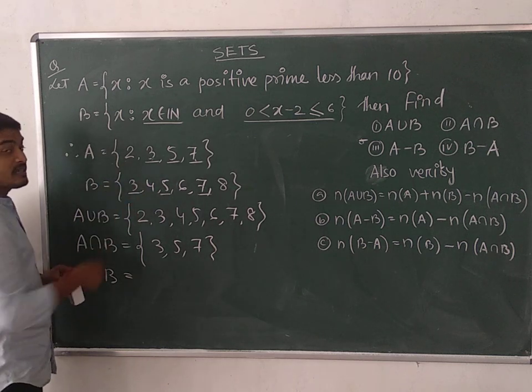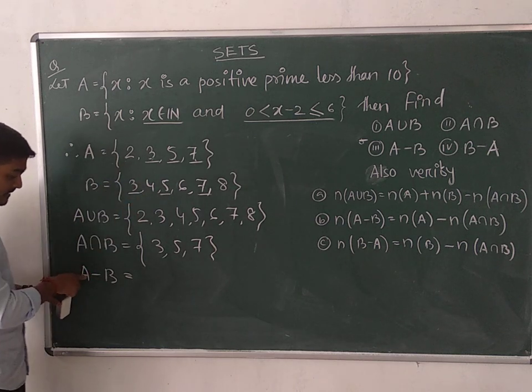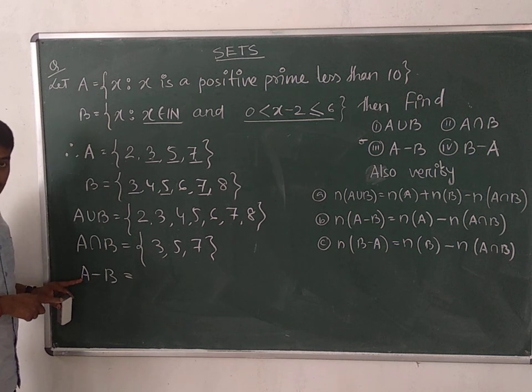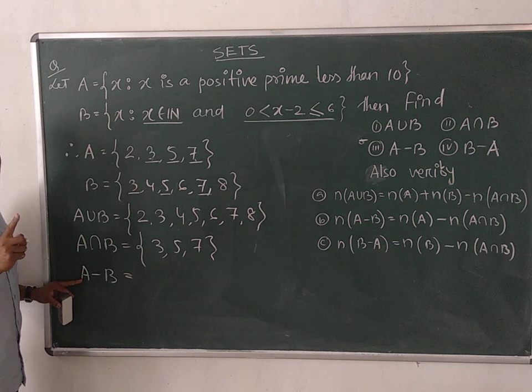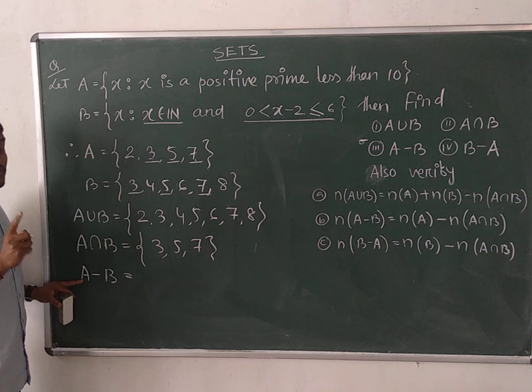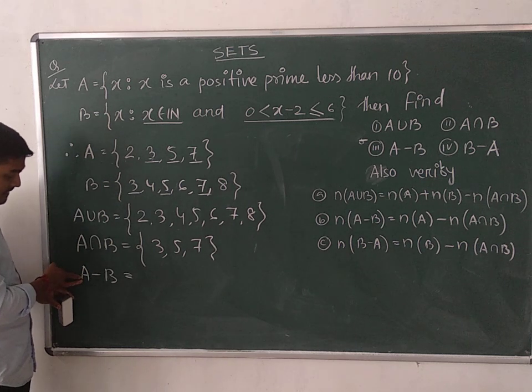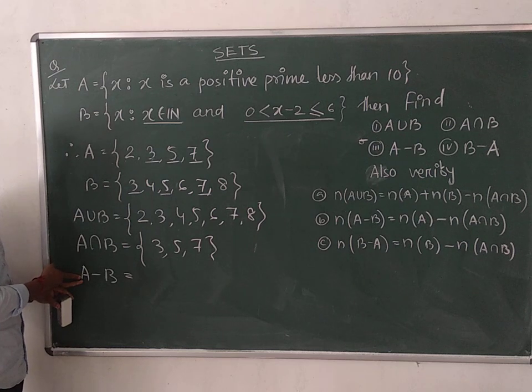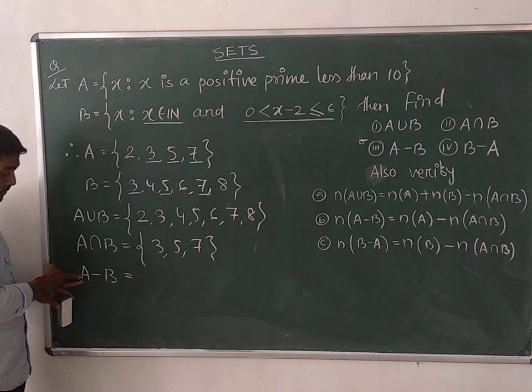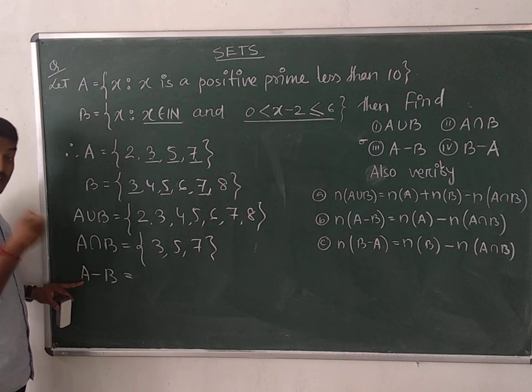B element in A plus subtract kori. That means here in this set it will contain all those elements which are only in A. You are not supposed to consider all those elements of A which are also in B. That means here in this expression A minus B, the set A will get the importance. Here in this expression you have to consider all those elements of A which are there in A only.